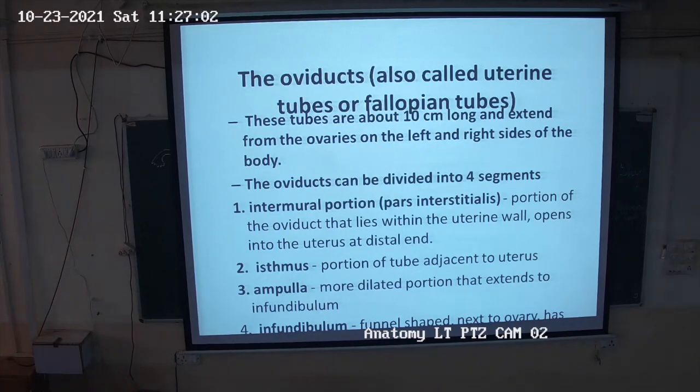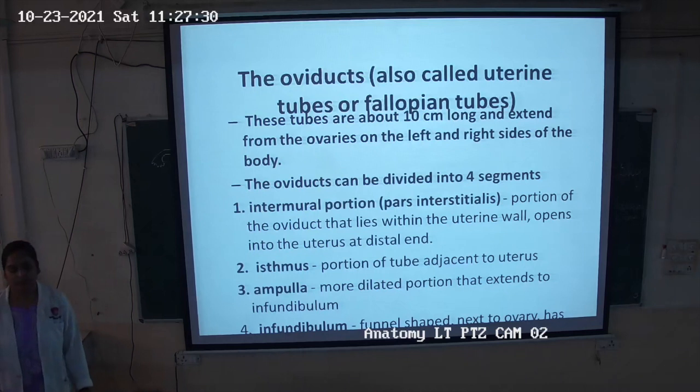Okay, so they have ciliated cells and short peg cells, and intercalary cells. Again, these are the reserve cells that divide and form the peg cells and the columnar cells. Peg cells are the secretory cells that secrete the fluids that protect the ovum and provide nutrition to the ovum. Now, according to the phase of the menstrual cycle, the concentration of ciliated cells and the peg cells